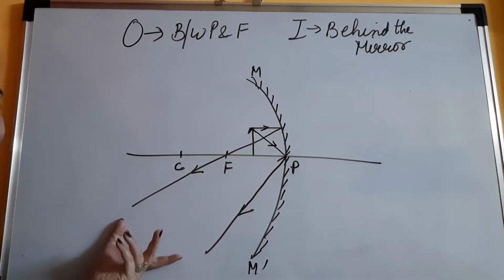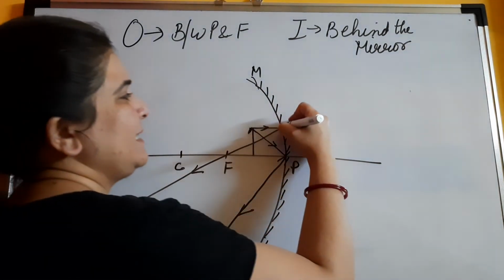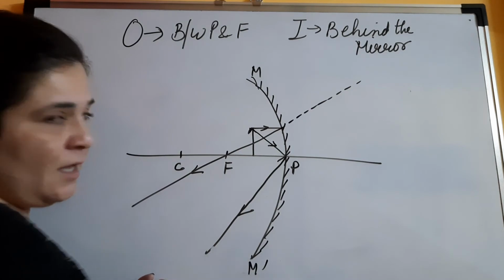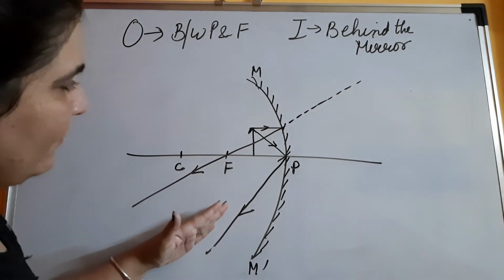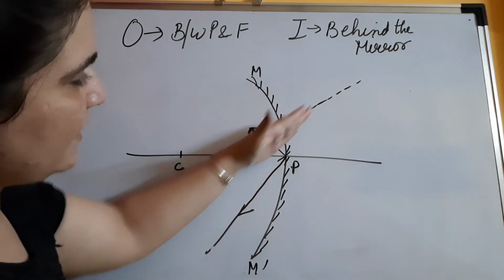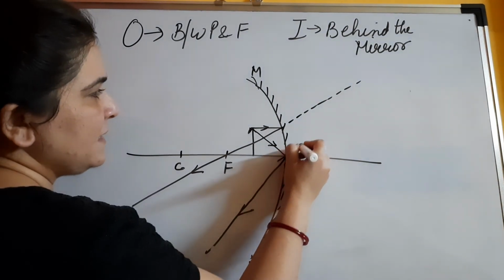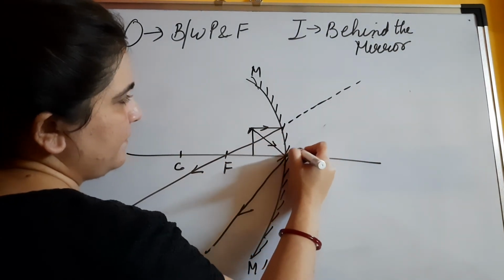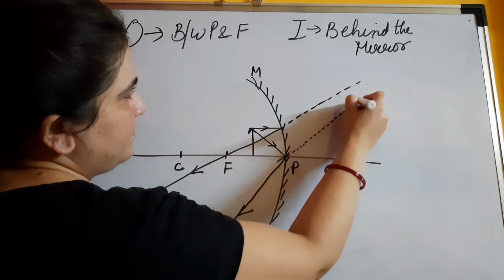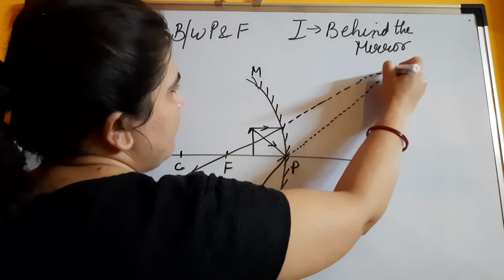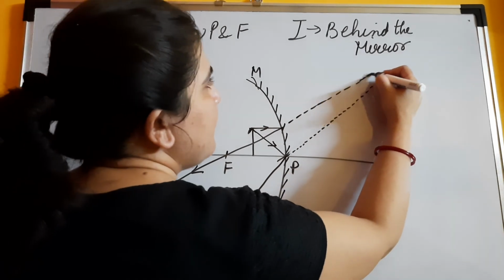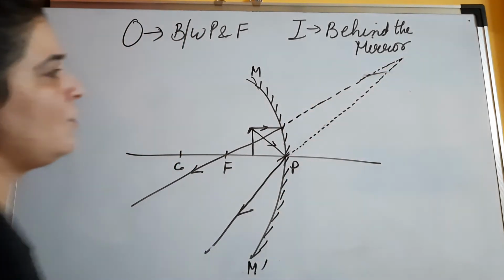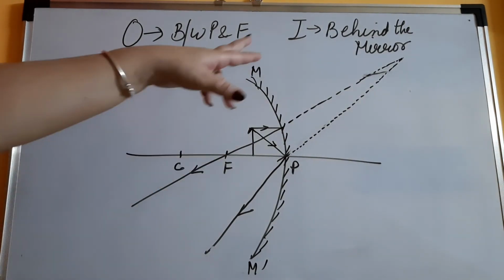So in this type of case, we are going to extend it in the backward direction, but make sure that you don't bend it. You have to take the scale, and with the scale itself you have to extend this part only. So here I am extending this part, it's not straight, so you have to keep extending till they meet somewhere here. So now these two rays are meeting at that point.